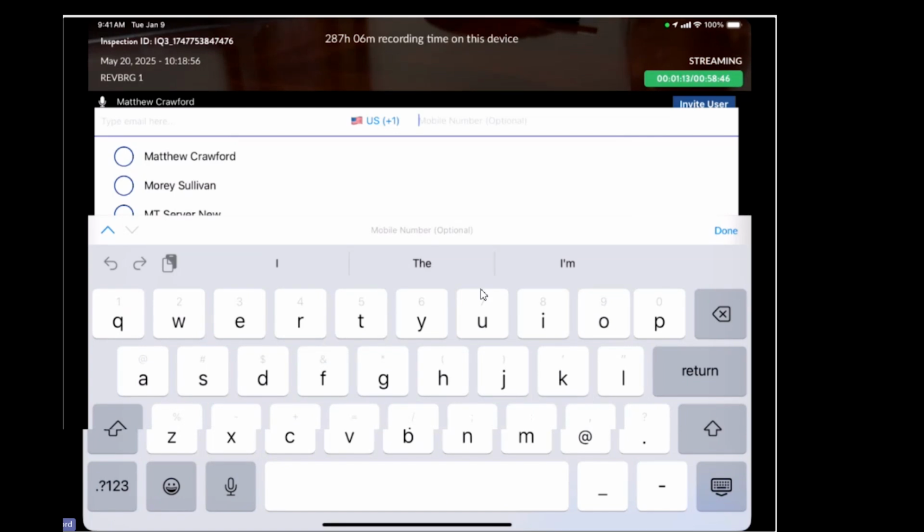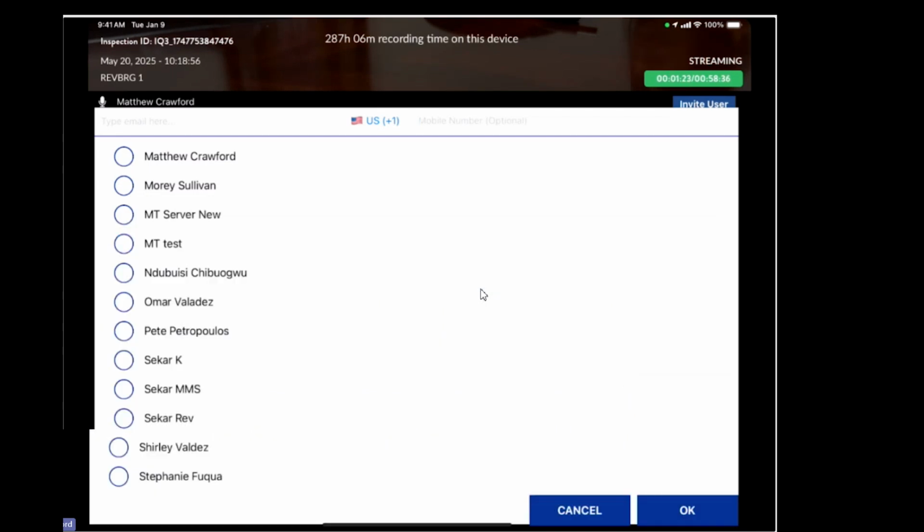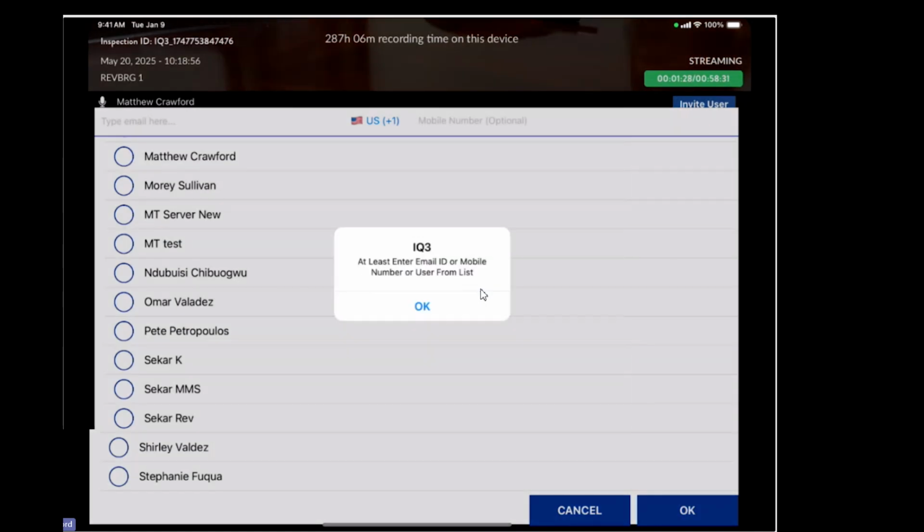So maybe there's some sort of oil specialist that I need to get on the line to look at something. I could go ahead and put in his phone number, his email, send him a link, and he'll be able to join straight into this inspection with me. See what I'm seeing. We'll be able to talk back and forth between each other. It's really cool technology. I'll give you a little sample of that real quick